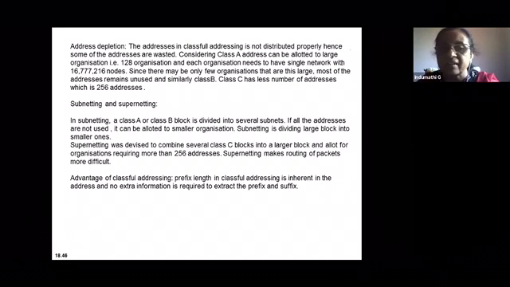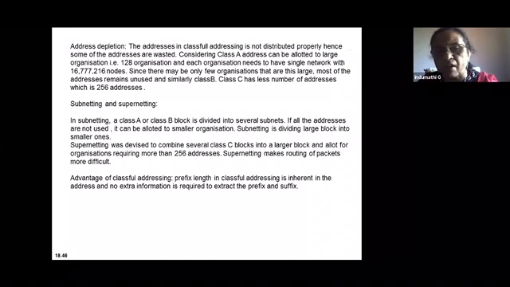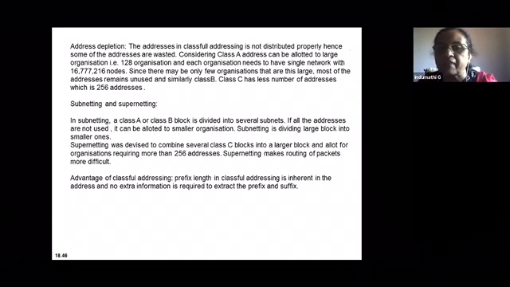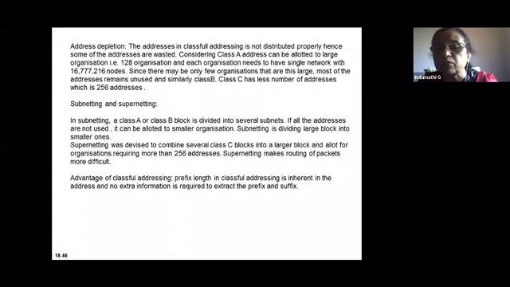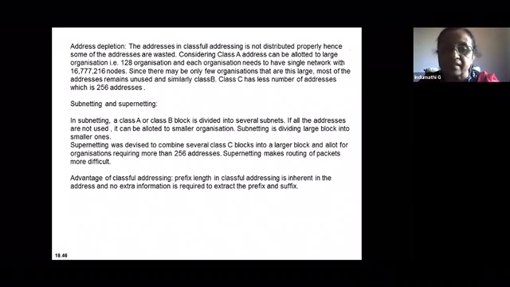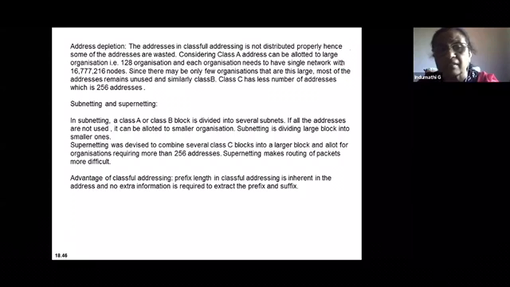In subnetting, you are dividing a larger block into some smaller blocks, where all organizations may not prefer to have this subnetting. The other solution is go for smaller blocks of addresses like class C. Instead of asking for one class C, have two class C addresses and put together to have larger addresses. This is what is called as supernetting. But one problem with supernetting is routing of packets becomes more complex. So then what is the solution for this address depletion?